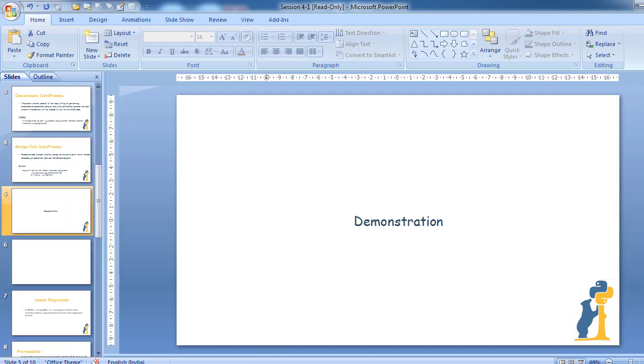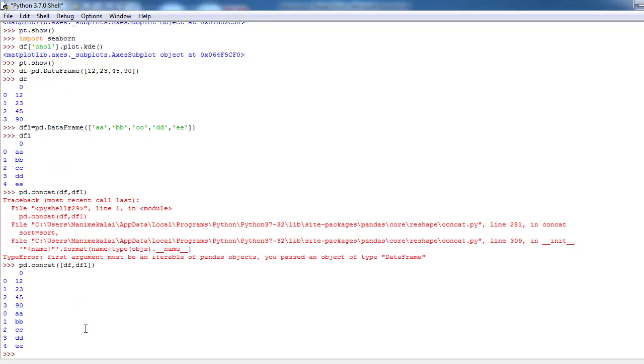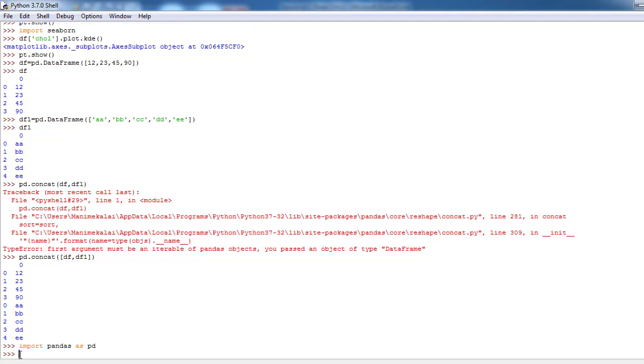So first, open Python and import the necessary packages. You are all well known about the packages. So import pandas as pd, tf is equal to pd dot DataFrame of